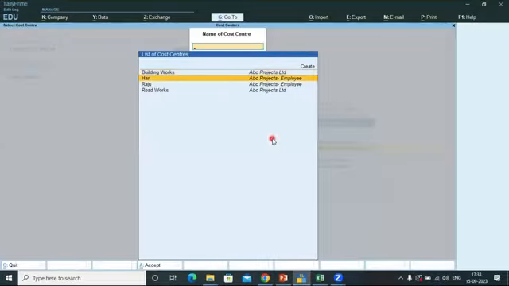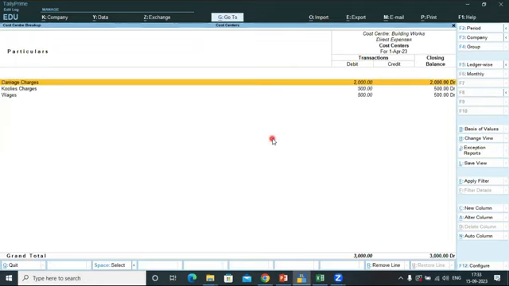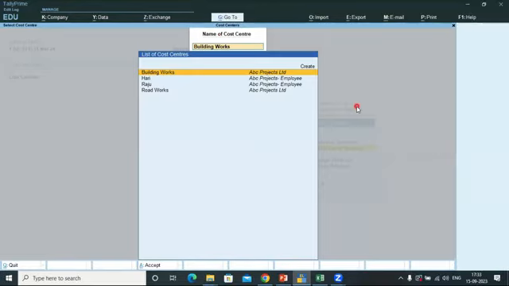Which breakup do you want to see? See here, which one do you want to take? Just select the one center here. Again press enter. Here the same thing is displayed. In total we have spent 3,000, and that 3,000 is how we are spending the money. Okay, and next